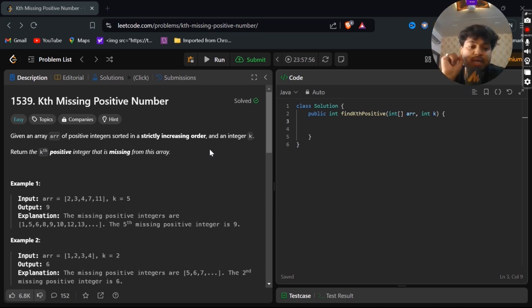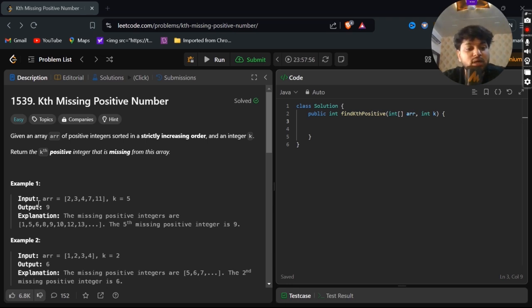We have to find those elements, on which position in the array they are.